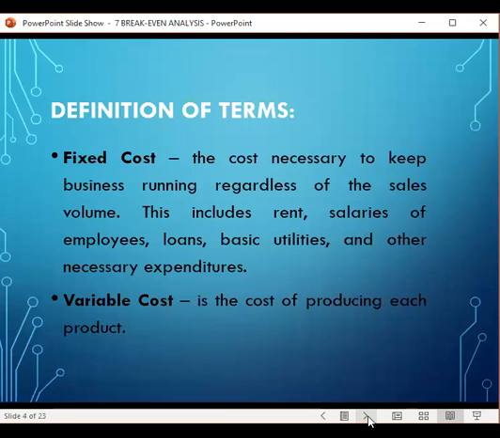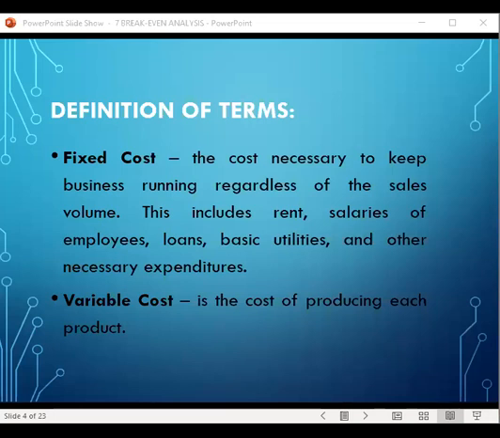Now, let's define a few terms. We have the fixed cost and the variable cost. When we talk about fixed cost, this is the cost necessary to keep the business running regardless of the sales volume. Meaning, whether there is a sale on that certain day or no sale on a day, the fixed cost is always there. That includes the rent, salaries of the employees, loans if there is any, the basic utilities,